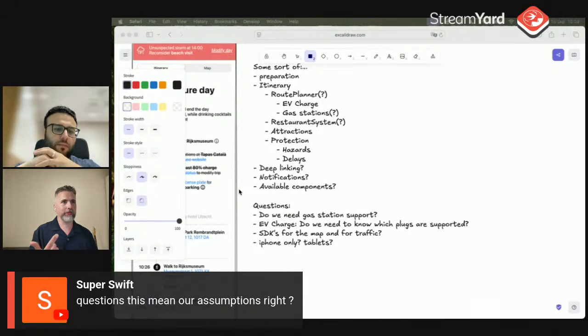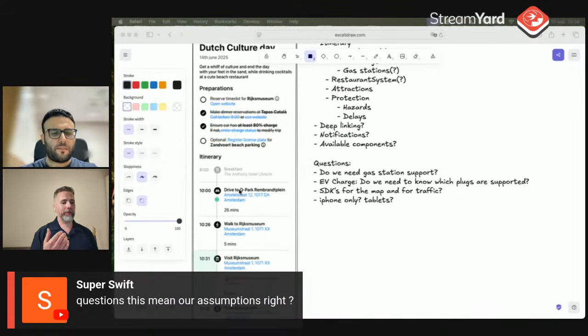So if you're interviewing, or you have a customer, or your boss asks you, or a designer gives it to you, they may say, "Can you build this?" And you say, "Yeah, sure." And then by really thinking about how you use the screen and what is hidden, you get these questions, and you can move forward with assumptions. But I would not move forward with assumptions. I would try figuring out what the real answers are, right? Because if you just assume it's going to be a Google Maps SDK, and then someone else says no, we don't want that, you have a problem.